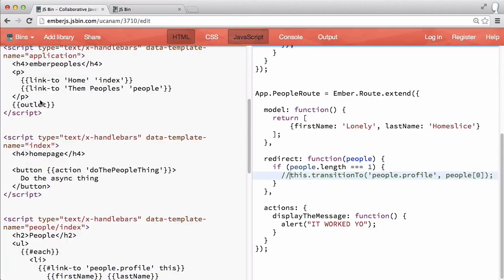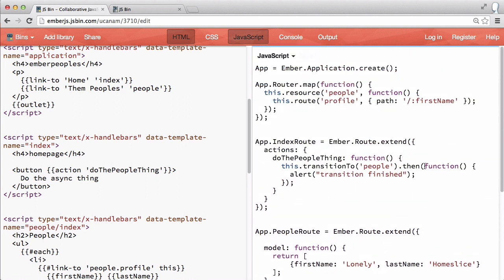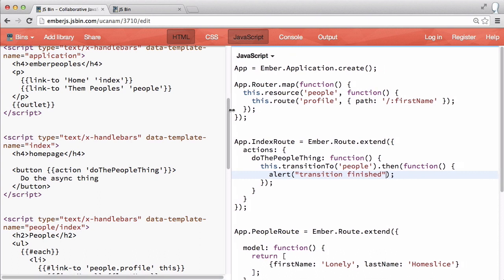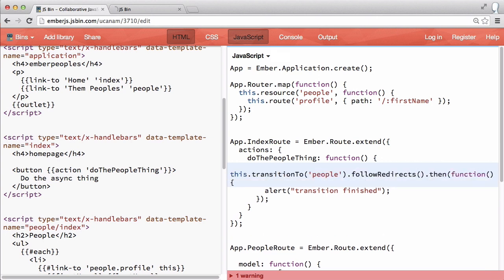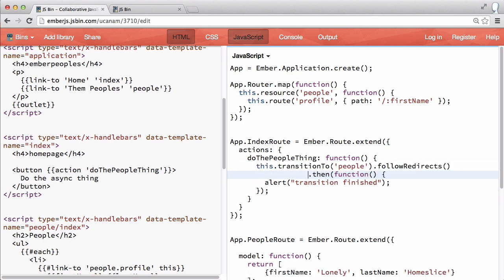Transition finished, there it is. But if the redirect is there, that's considered a failed promise, so this .then is not going to work. Unless you opt in to not wanting to consider redirects rejected promises, and you can opt into it by saying transition to people, follow redirects, which internally is going to return a promise